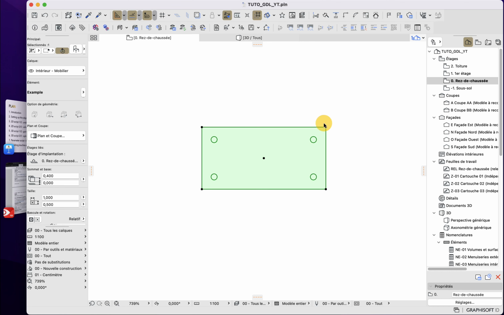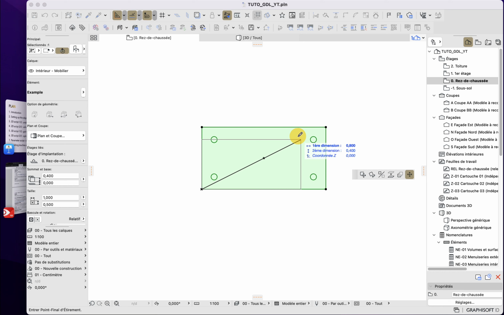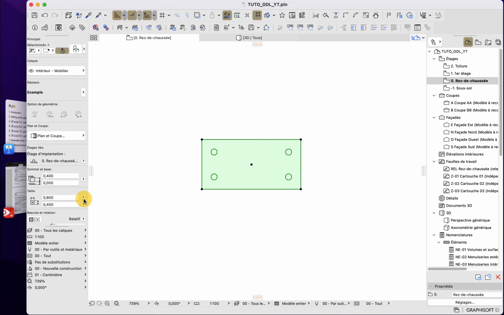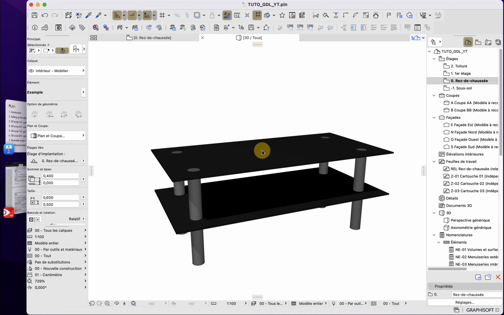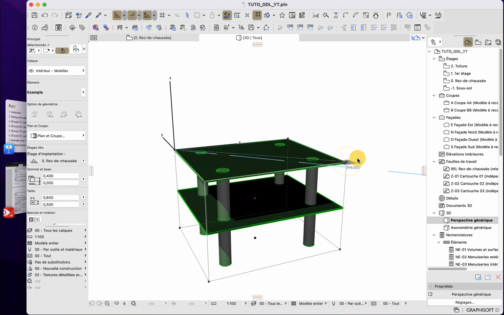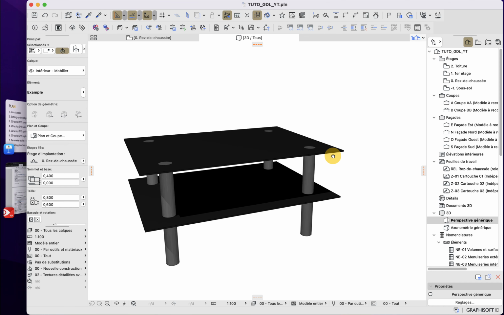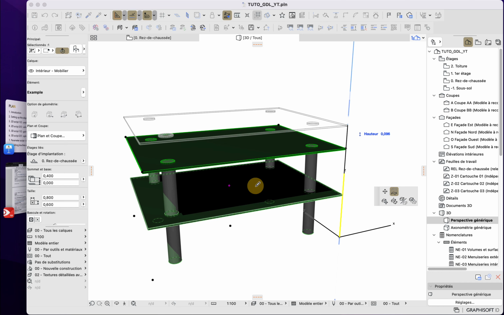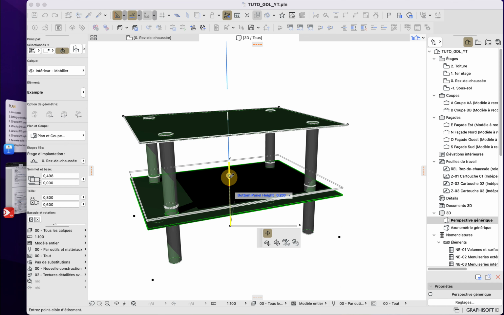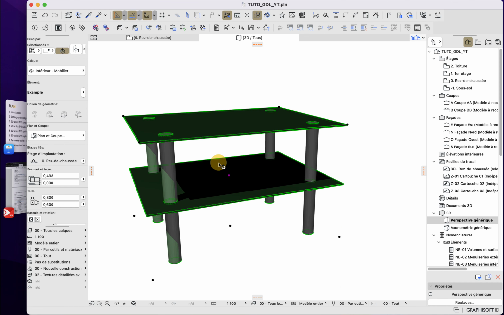I will be able to dynamically resize the object that way, or simply select some of the specific values that I have already listed in the object. This will be able to be done in 2D and obviously in 3D as well, for the length and width, but also for the height of the top panel and of the bottom panel as well.